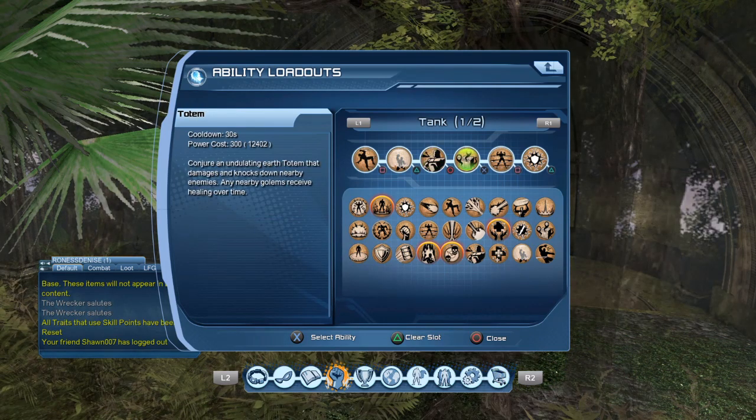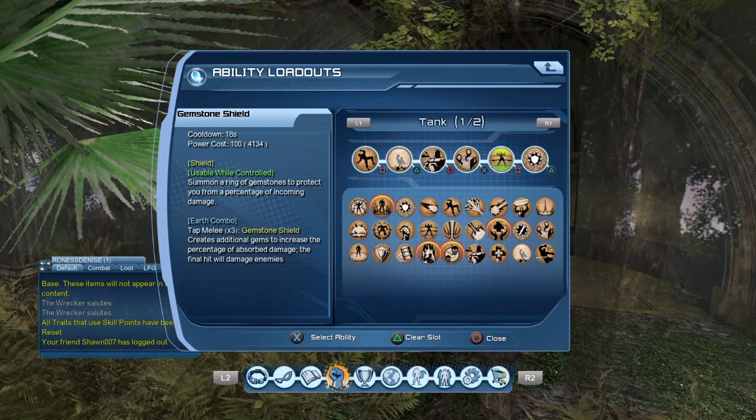You want to buff him. I always try to keep the totem out too. It damages nearby enemies and knocks down, so it helps with crowd control. And any of your golems that are up get healing over time, so Brick gets more healing over time. Here's the gemstone shield that I